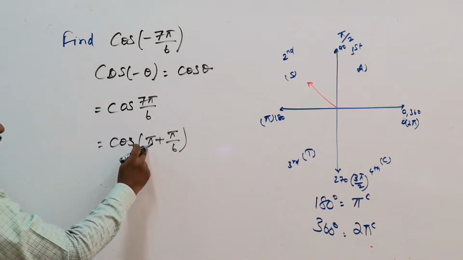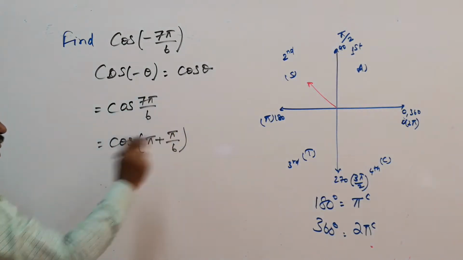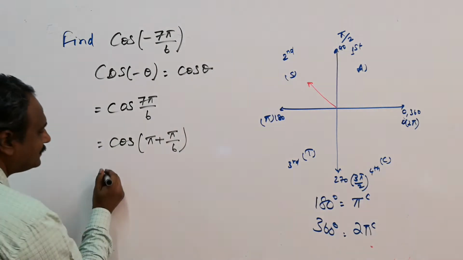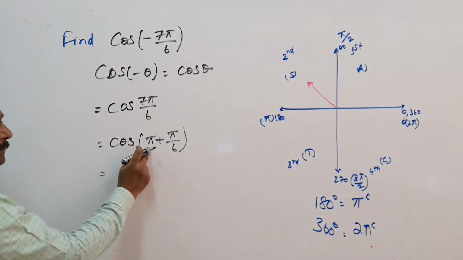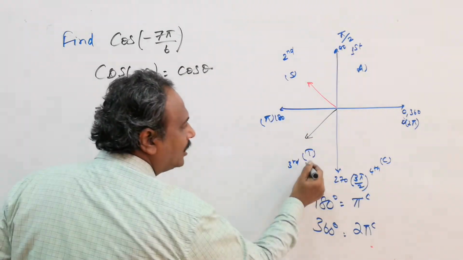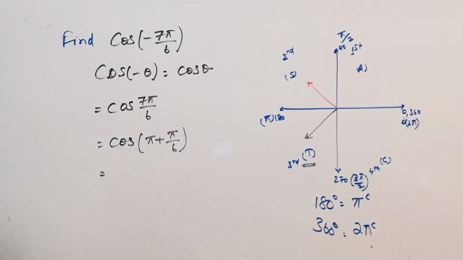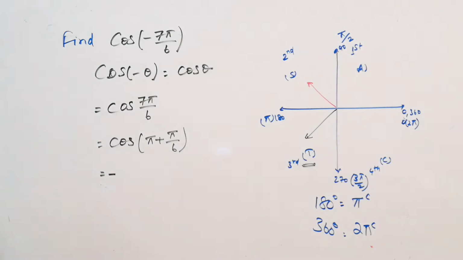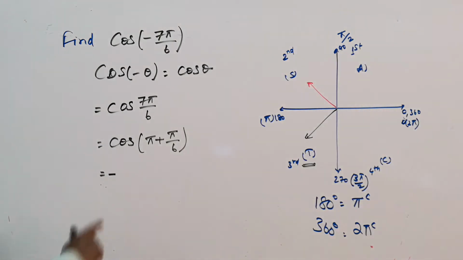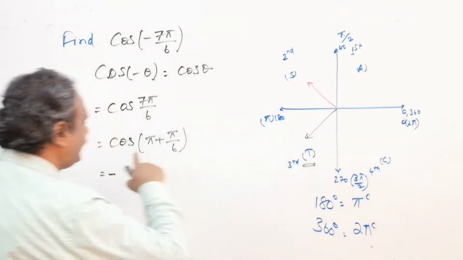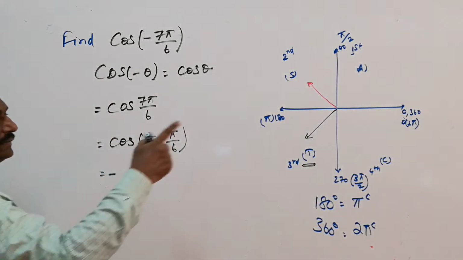7 by 6, this is 1 pi, remaining is pi, so this is pi by 6, isn't it? Cos pi plus pi by 6. So this is pi plus pi by 6, this is third quadrant. In the third quadrant, tan is positive. That means cos will become minus. Cos will become minus. Cos 180 plus theta, when we are having 180 and 360,